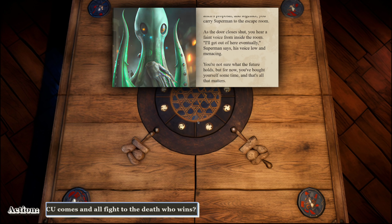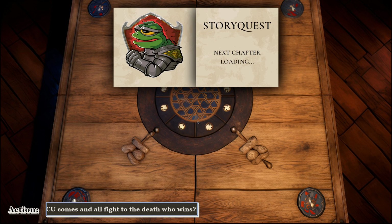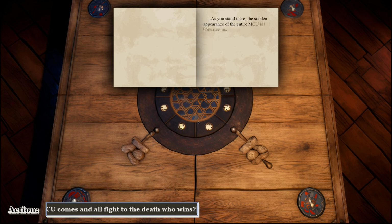Okay, I get it. What kind of escape room? I just want to see what it's going to do here. Will it hold Superman? He's practically invincible. The alien chuckles. My escape room is one of a kind. It's powered by a special energy source that as you stand there, the sudden appearance of the entire MCU is